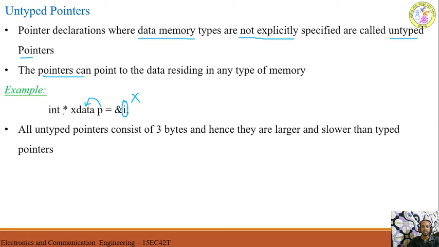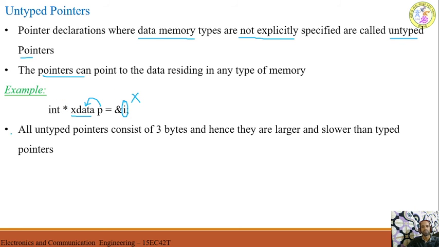Therefore, int star xdata p indicates that p is a pointer which can hold the address of the variable i, and the pointer p is stored in the external data memory, but I don't know where the variable i resides, whether in the external memory, the internal memory, or some other memory.